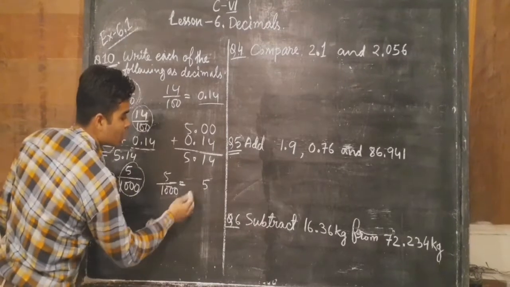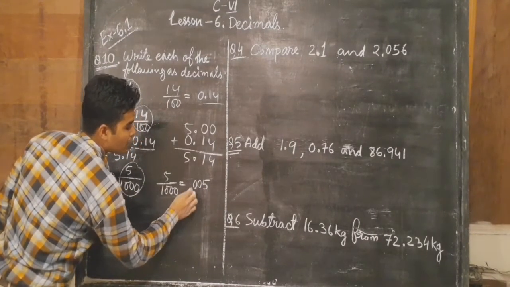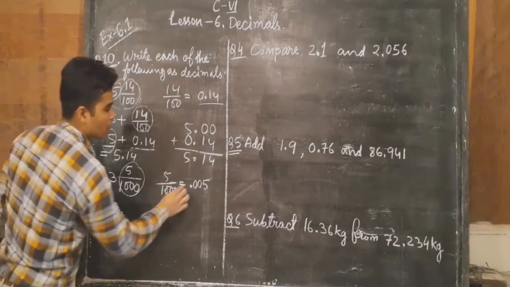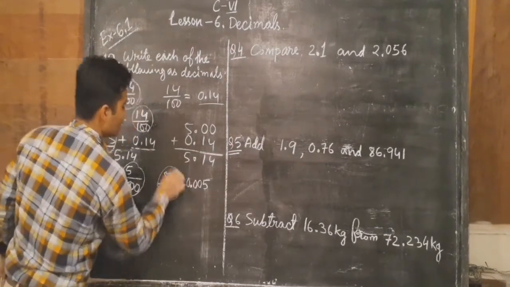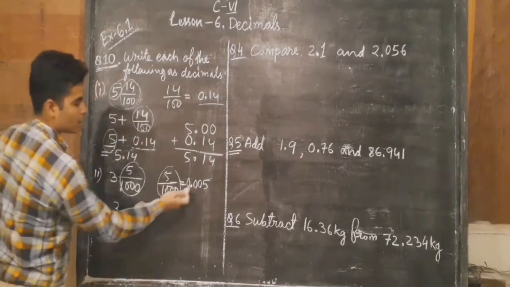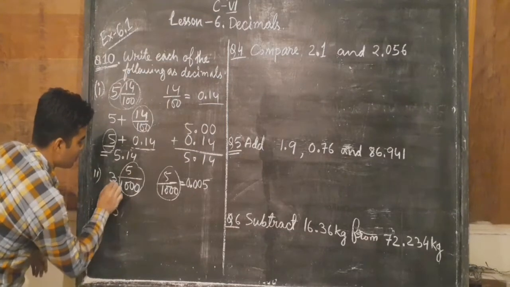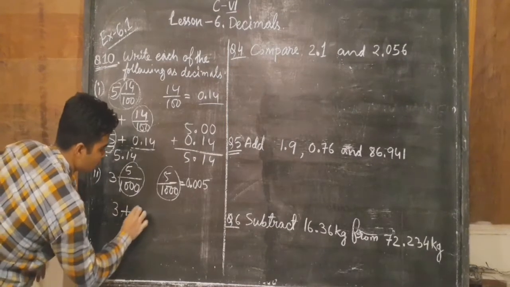So 2 more digits we need. For that we will put 2 zeros. Now you can see 1 2 3 digits. You can see now if we convert this fraction into decimal, it will be like that, a decimal number with 3 decimal places. Now with this 3 I have to add